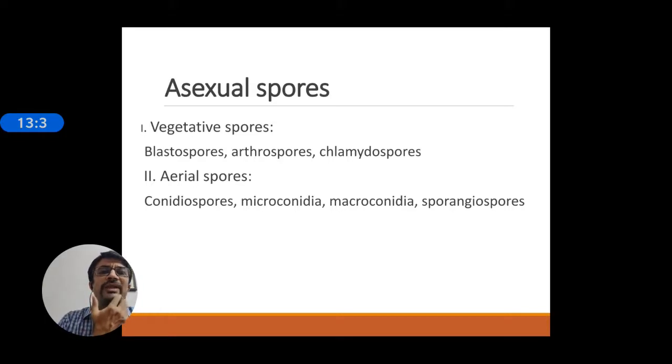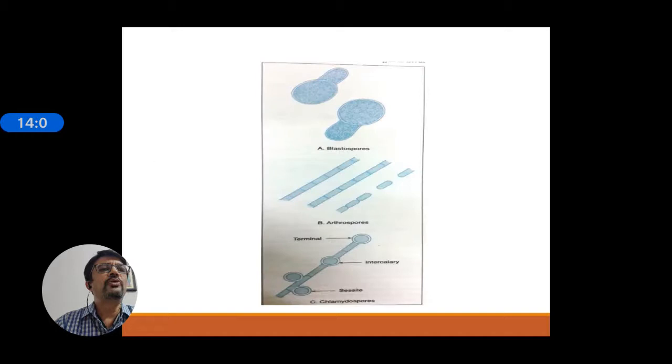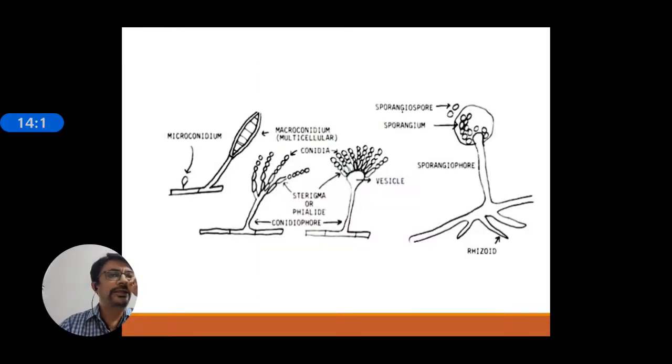Fungi do produce various asexual spores also, which are either for reproduction or for survival in various conditions. So these are blastospores, arthrospores, and chlamydospores. These are known as vegetative spores, and some are aerial spores, which are known as conidiospores, in which there are microconidia and macroconidia, and sporangiospores. So these are the vegetative spores like blastospores, and these are aerial spores where you can see the